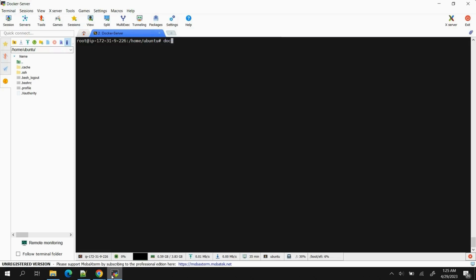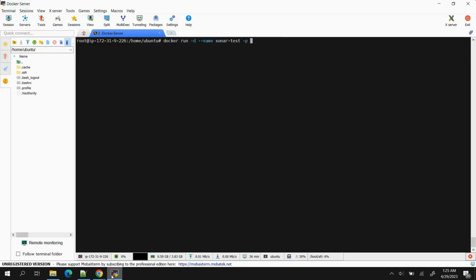So let's run the command docker run for running the container, and then -d. -d is optional, but if you use -d, the container will run in detached mode. If you omit it, then all the logs and details will come on screen, which becomes a little bit messy, so I don't want that. So docker run -d, then --name. This is basically the name of the container you want. I will name it sonar-test, then -p,